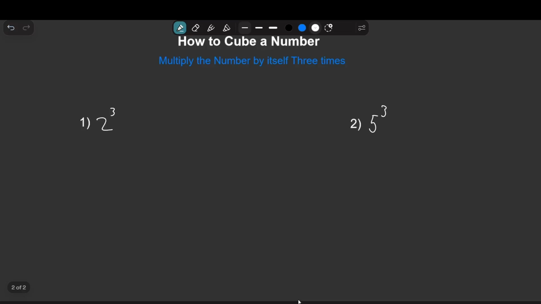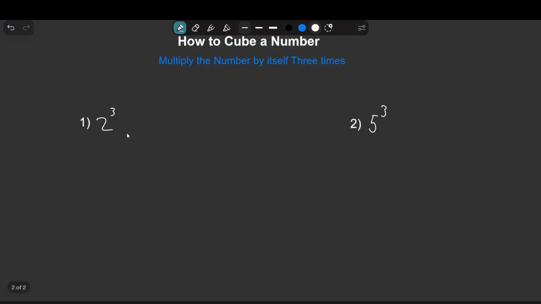Hello guys, in this video I'm going to cover what cubing a number means. So, simply put, when we cube a number, we multiply the number by itself 3 times. When we see an exponent of 3, that means we are cubing a number. So, let's jump into our examples and see exactly what this looks like, starting with number 1, where we have